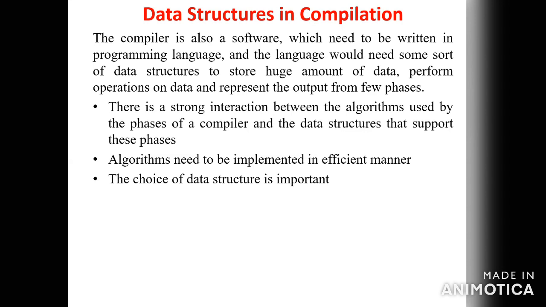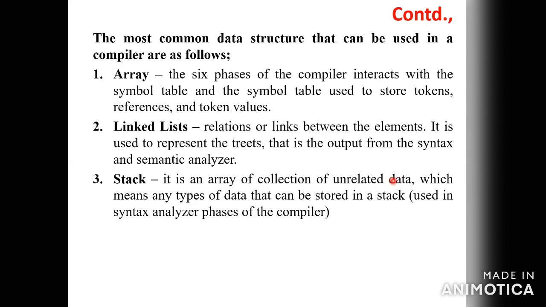First is lexical analysis. Second is syntax analysis. Third is semantic analysis. Fourth is intermediate code generation. Then code optimization, then code generation. Okay, so these are the phases of a compiler. Now, you know what a data structure is. There are linear data structures and non-linear data structures. Linear data structures mean stack, queue, linked list. Non-linear data structures are tree and graph.